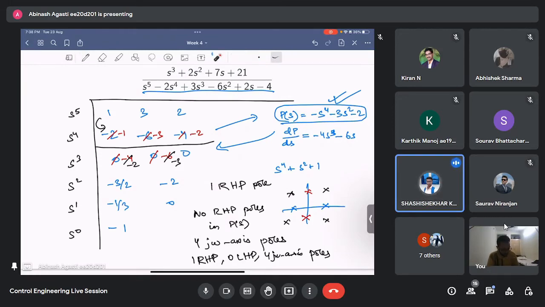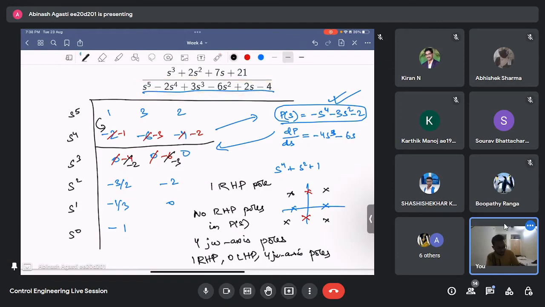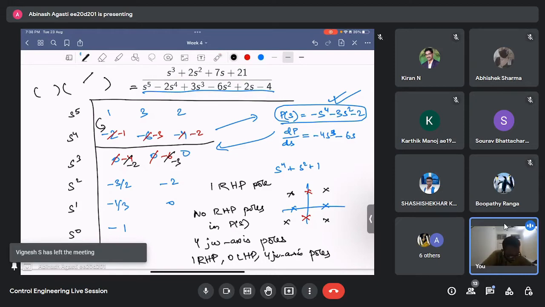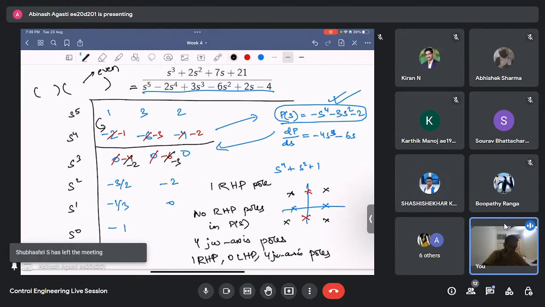Yes, we are saying that whenever we get a row of zeros, okay, if we get a row of zeros, that means that the characteristic equation is a factor of two polynomials, one of which is even. Okay, so when we get a row of zeros, I get one even polynomial as the factor. Is this part clear? Yes sir. Okay, now since I get an even polynomial as a factor,